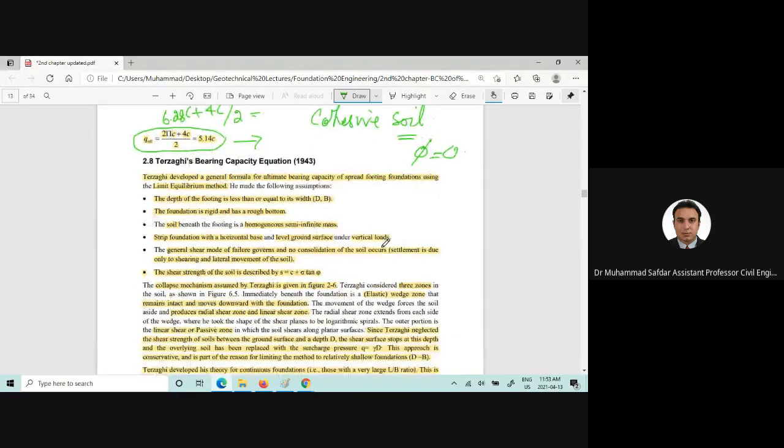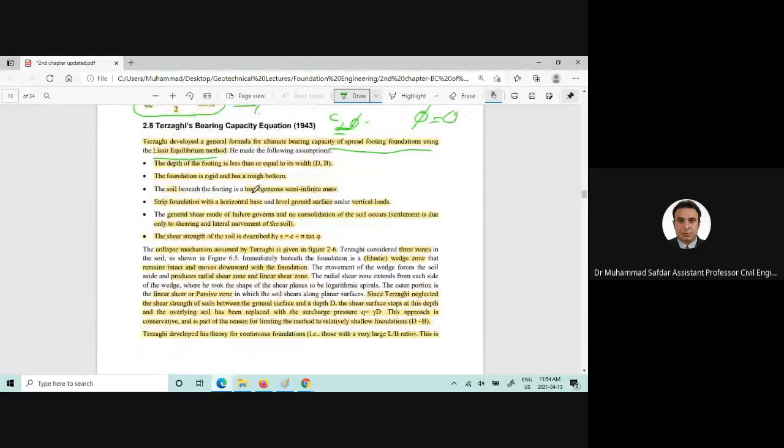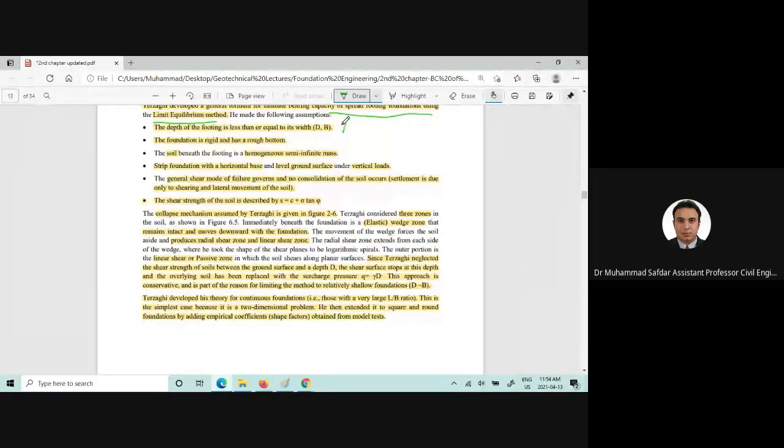Now, Terzaghi's bearing capacity equation or theory was used for c and phi soils, but there are assumptions related to Terzaghi's theory. For example, it was originally proposed for the strip footing using the limit equilibrium method. The depth of footing should be less than or equal to B, or we can say for shallow foundations, the foundation is rigid and has a rough bottom. The soil is homogeneous. Strip foundation with the horizontal base, for example,